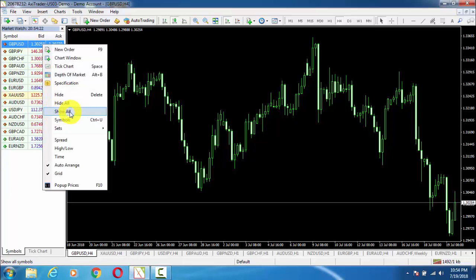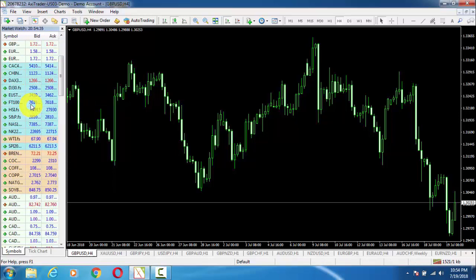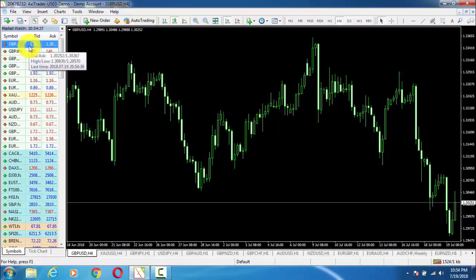After hide all, we have the option of show all. Just by clicking that, it will bring back all of those pairs which this broker is supporting. For example, I will click there, and it has brought all of those pairs, symbols, assets which this broker is supporting.